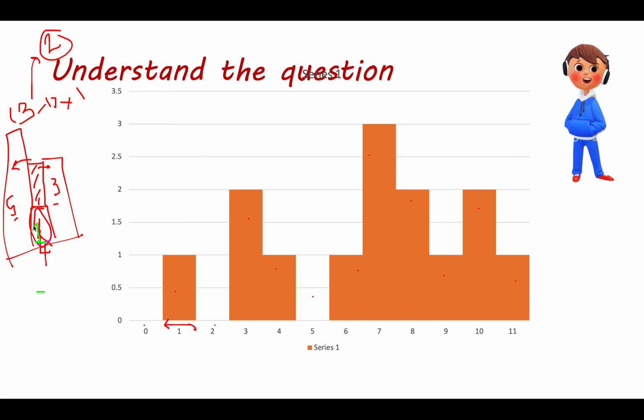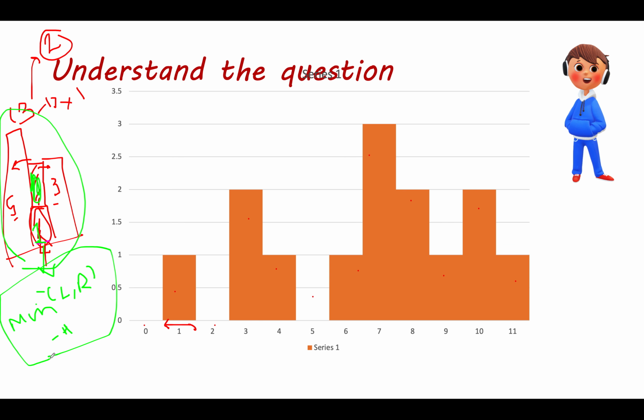So what is the takeaway from this small example? If we know, with respect to the current bar of 1 unit, its leftmost higher bar and its rightmost higher bar, we can calculate the area using the formula: minimum of the height of left comma right, minus the height of the current building. This gives us the area that will be trapped at the ith index. So minimum of left comma right minus the height of the current bar, h. Just remember this formula, and we'll be using the same formula for the computation.